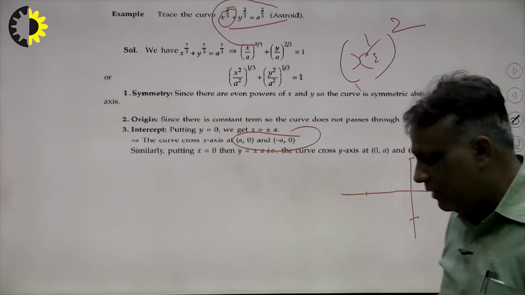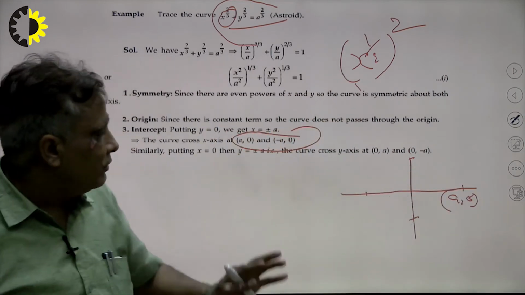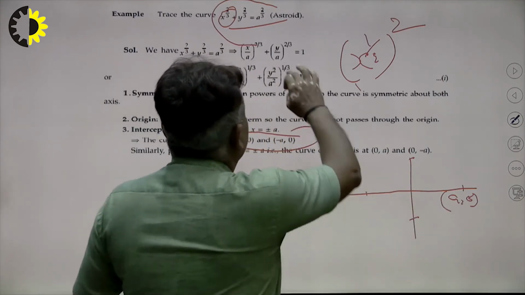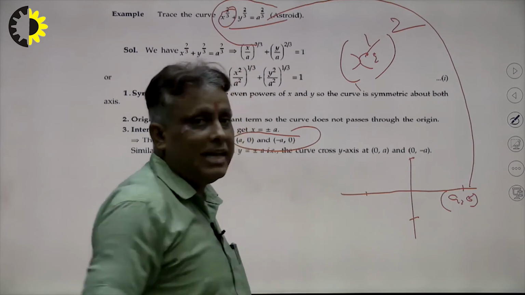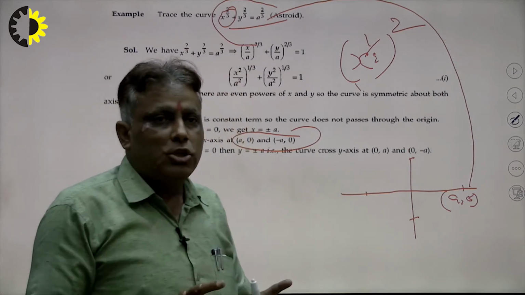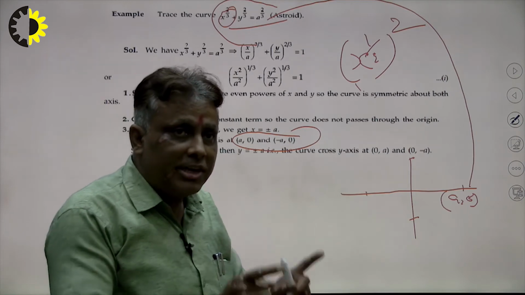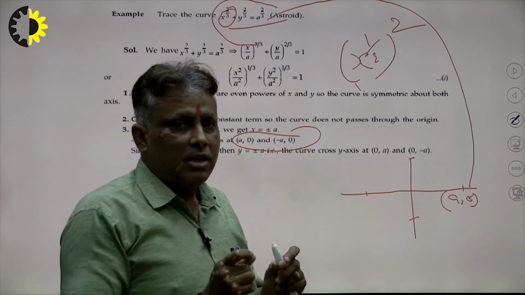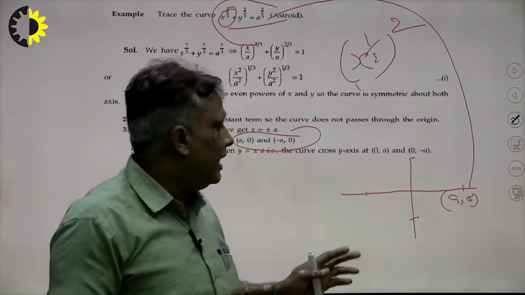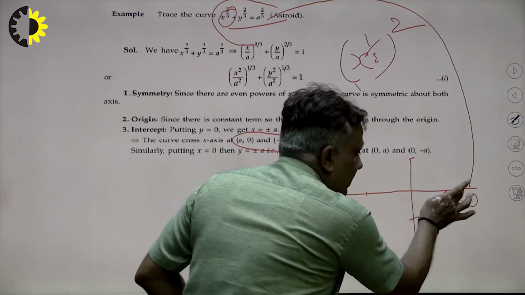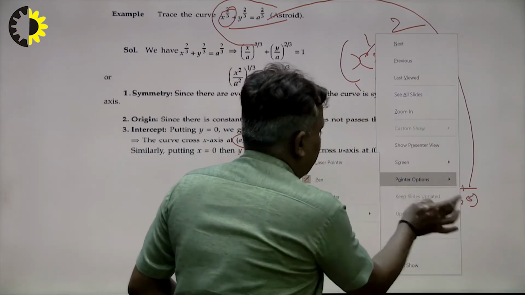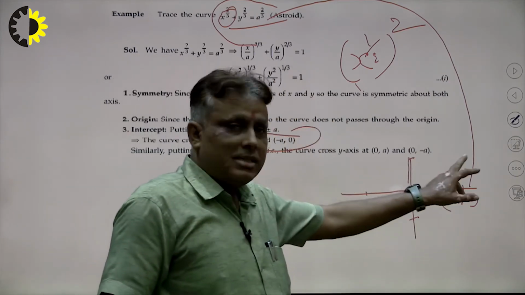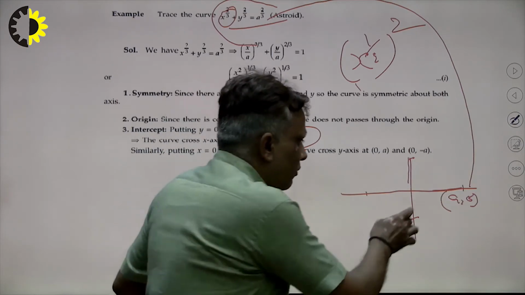Now see very carefully, because our aim is to calculate the nature of the curve at a comma 0. Students, see carefully: at a comma 0 the curve contains all powers in fraction. That means the nature of the curve at a comma 0 will be a cusp, because the curve contains all powers in fraction. If the curve contains any one power that is an integer, then the rule will be different. So the tangent here will be the x axis. The curve is symmetrical about the x axis and the tangent is the x axis, so the nature of the curve will be a cusp here.